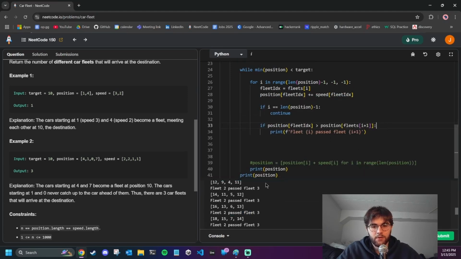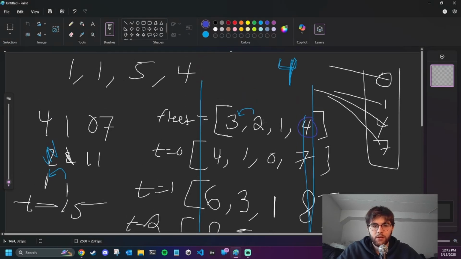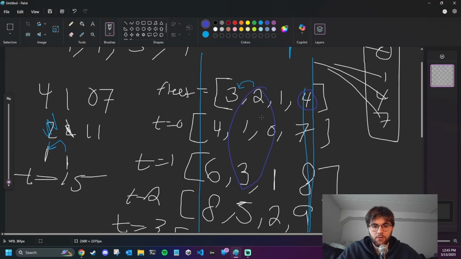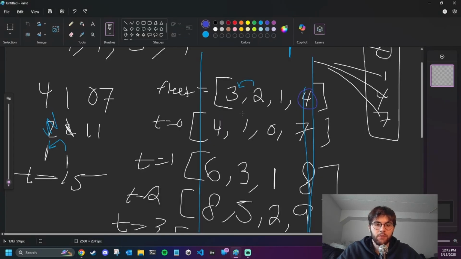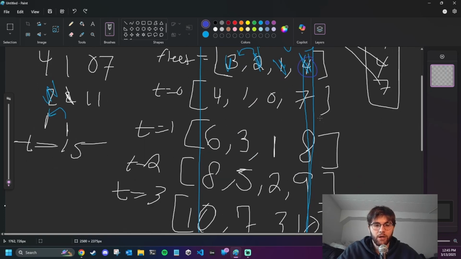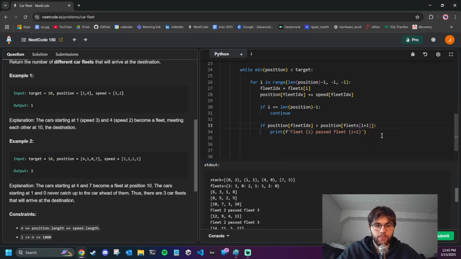Okay, so in the case that it is true, so fleet 2, if I go back to my drawing board, fleet 2 is this one. Well, wait, fleet 2 is actually fleet, yeah, because I 0 indexed it, so it's really 0, 1, 2, 3. So we're saying that this row passed this row, which is true at time equals 3. So that's good. So in this case, what we want to say is we're going to delete, well, first of all,